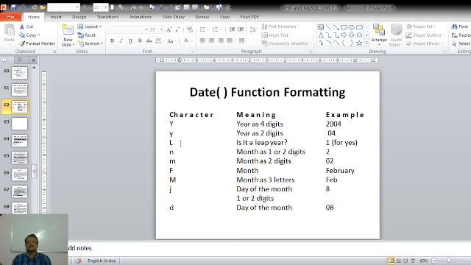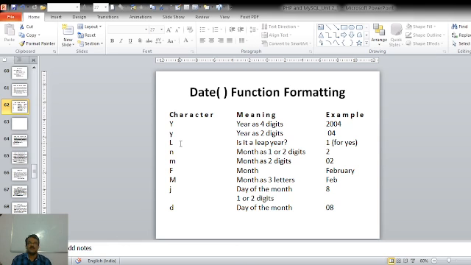Then if we use the small n, it will represent the month as 1 or 2 digits. If we use the letter m, it will represent the month as 2 digits. If we use the capital F, it will represent the month name like July or February. If we use the capital M, it will represent the month as 3 letters: Feb, Jul, Aug, Mar, May, Dec, Oct, something like that.